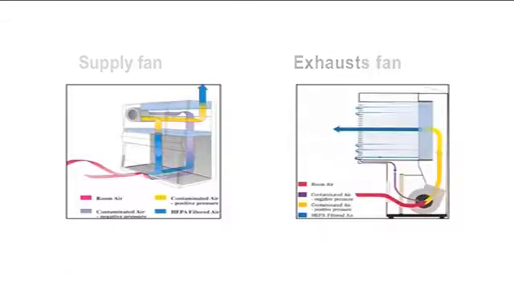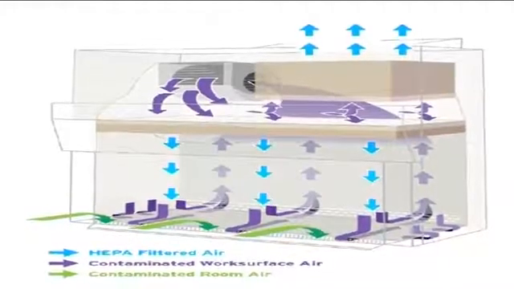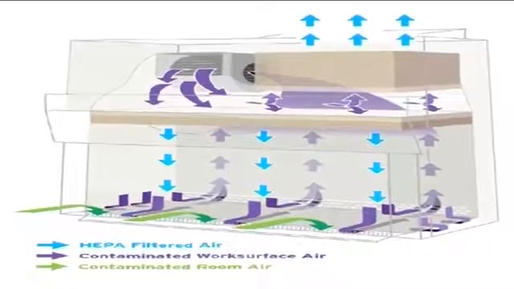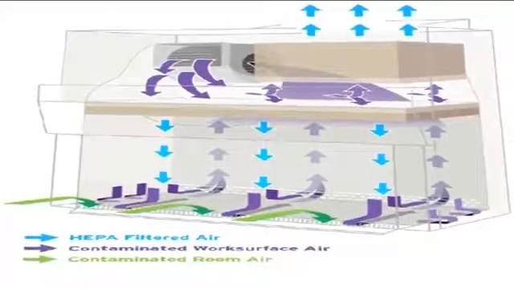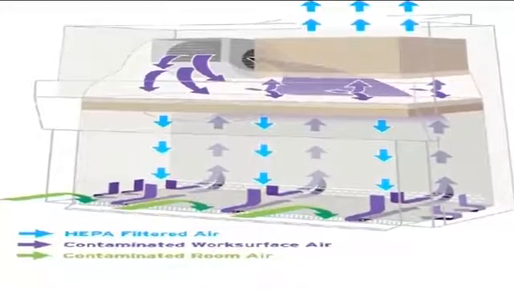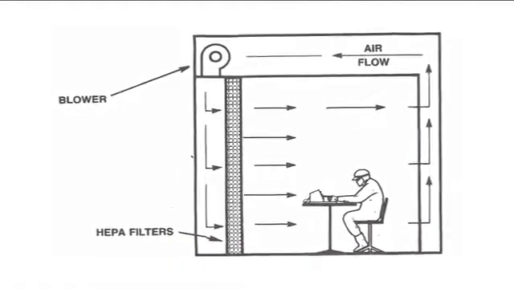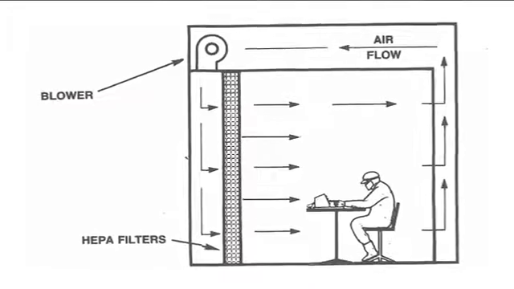A supply fan passes air down through an ultra high efficiency filter into the work area. A second fan exhausts the air through a grated work surface. Adjustment of the fans to exhaust more air than is supplied results in maintenance of a slight negative pressure, which causes ambient air to move from the operator toward the exterior periphery of the work area, thereby creating a protective curtain of air. The air can be exhausted completely or can be partially recirculated if absolute filtration is employed.